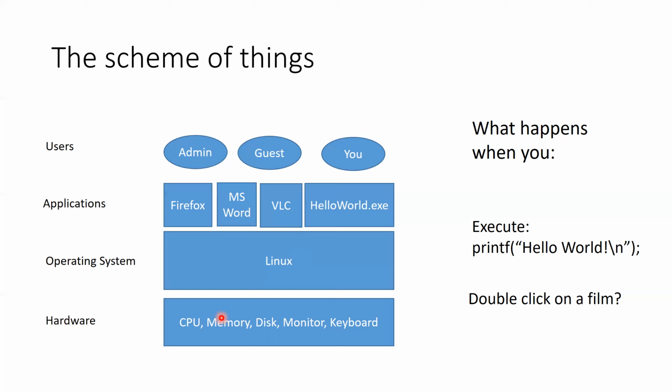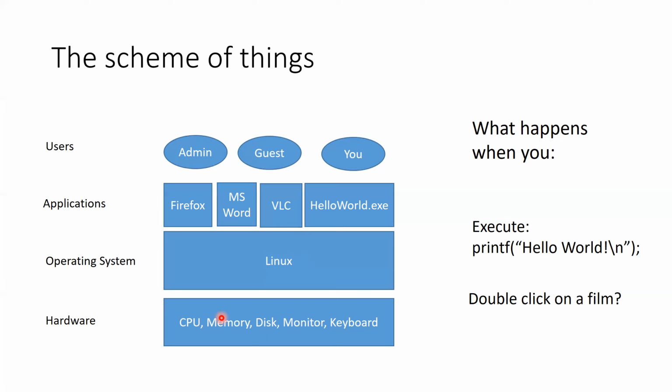The icon that was being displayed was for a particular film file, and that had a path associated with it, indicating where on the hard disk that particular film is stored. So the VLC media player will be passed the path to that film from the operating system, and when it runs, it will try to access that film on the hardware. Again, the film is stored on the hard disk, which is a piece of hardware.